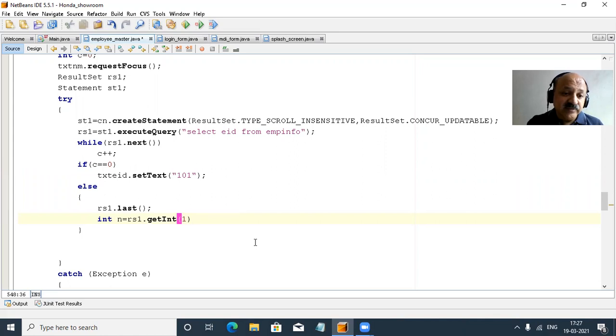Like array index starts with 0 but column index starts with 1, and then plus 1 value. Like in a previous record, if 101 is set, then in the else part, 101 plus 1 means 102, that automatically is stored in our n variable, because we take the last record of our database, and plus 1, so that is the next increment.